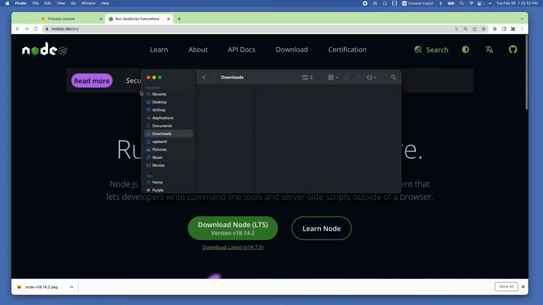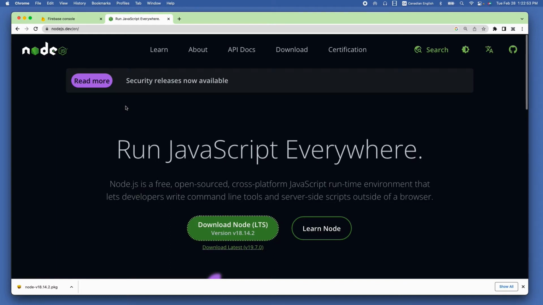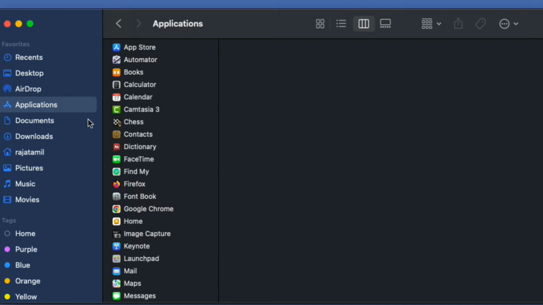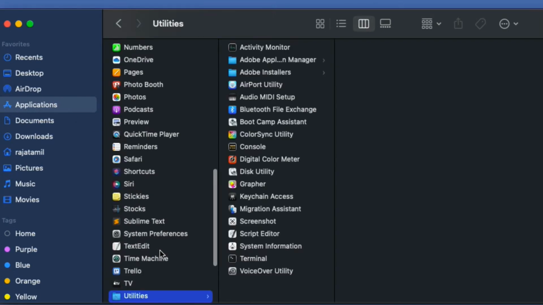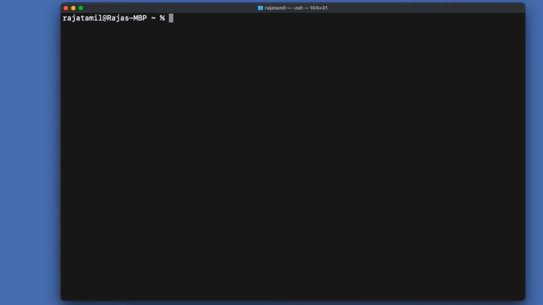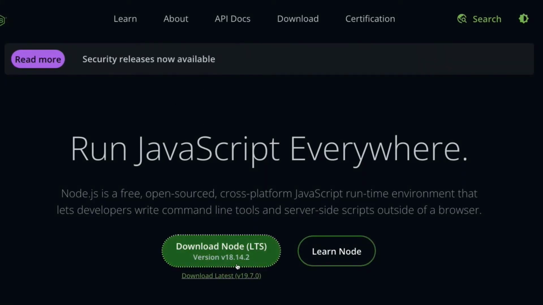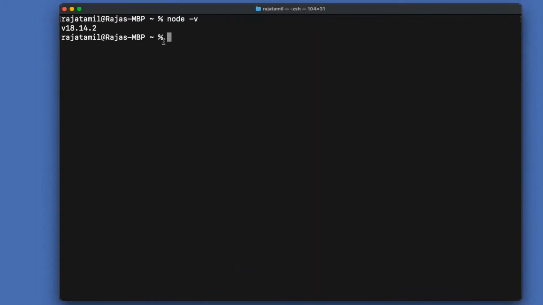The good news is that when you install Node.js, the npm node package manager is also installed along with it. Now I'm going to quickly test to make sure both Node and npm have been installed properly. To check that, go to Finder in my Mac, Applications, Utilities, Terminal. Double click to open it, then type node -v, which gives the currently installed version of Node.js, which is exactly what I saw in the Node.js website, in this case version